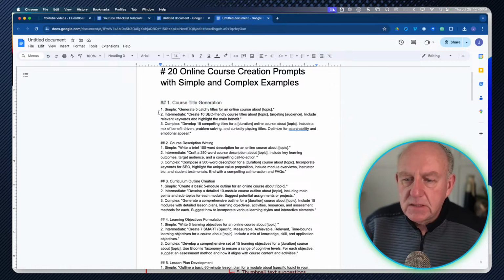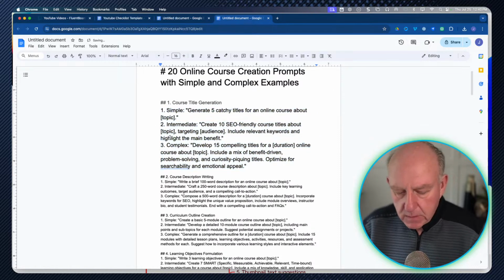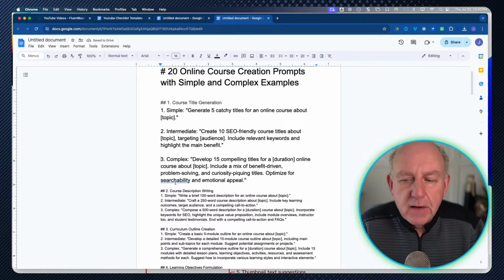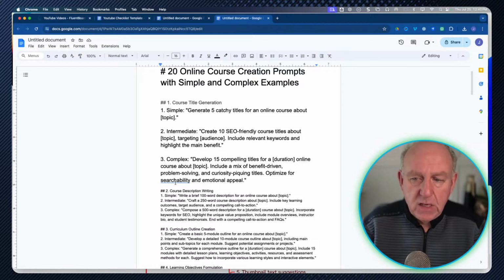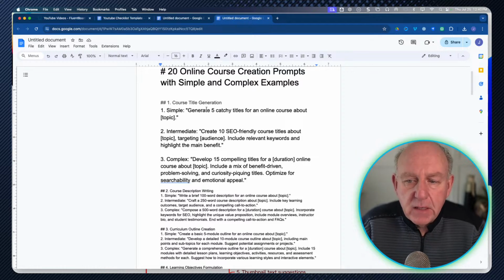So here's a simple one. We'll do this one and make it a little bit bigger so it's easier to see and separate it for you. I didn't have time to format these beforehand, so we'll do that. And here's an example of all of the 20 for each of these courses and YouTube videos, and combined, I have 3 different prompts for you. So the simple one is, how do I generate my course title? Or how do I generate my YouTube title?